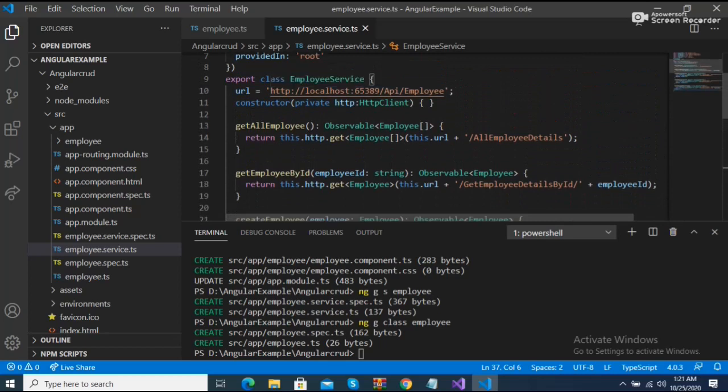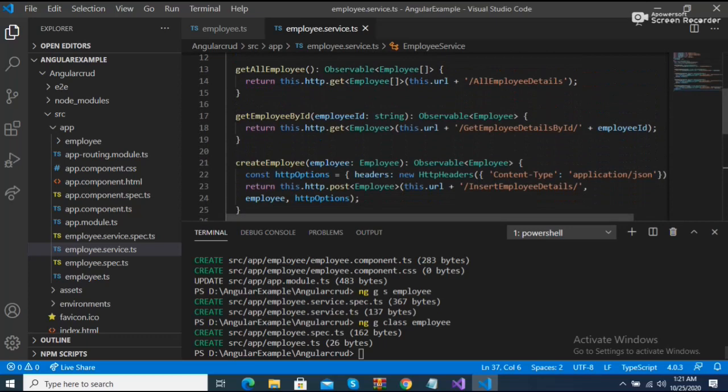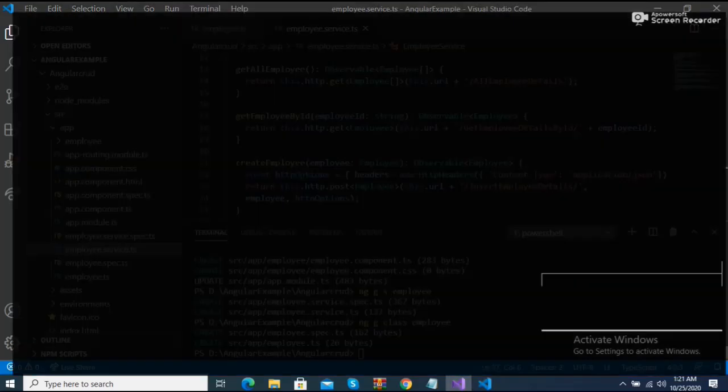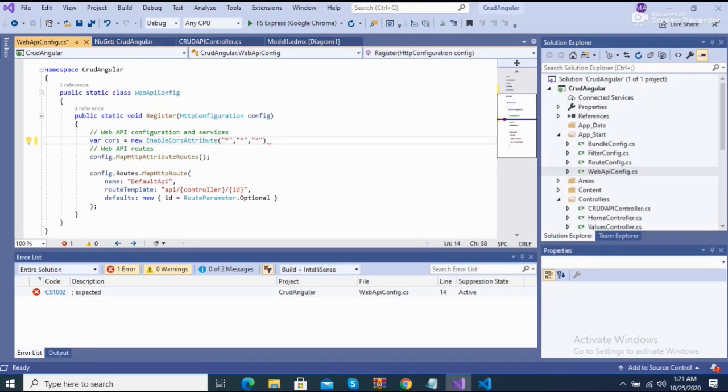So what should you do now? We have to install the CORS package. I am opening my Visual Studio project and right-clicking on the CRUD Angular project.